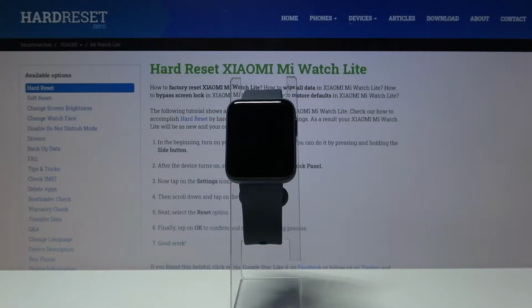Hello, in front of me I have XIAOMI Mi Watch Lite, and I'm gonna show you how to change the watch face on this device. First, we need to wake up the screen on our watch. To do it, press the side button,